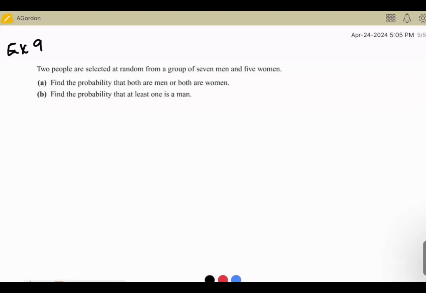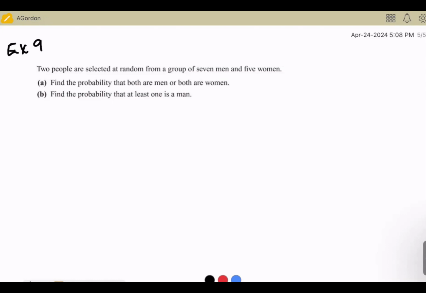All right, next I'm going to do example 9, and this one is similar, except we're not given any numbers or any probabilities. We're told how many people are in this group and how many people are selected, and we have to find all the probabilities. For this problem, we need